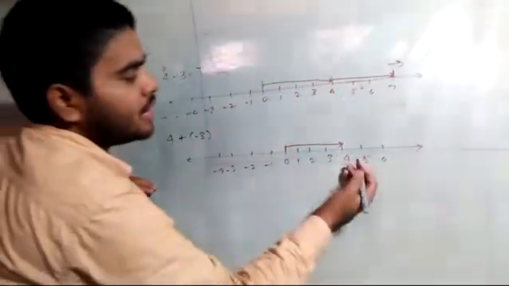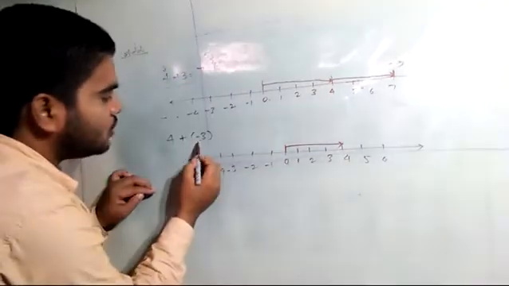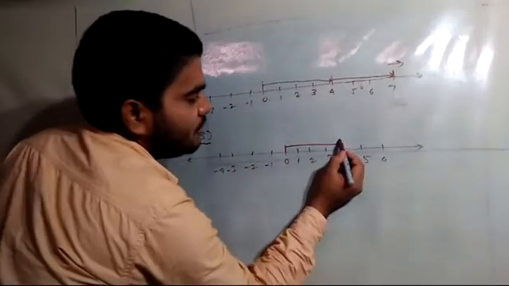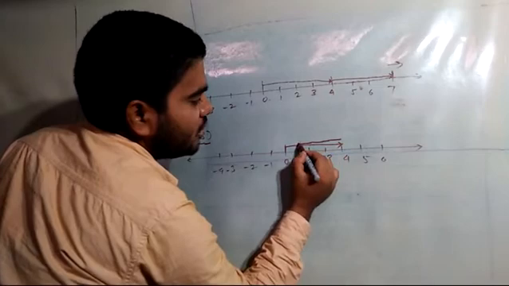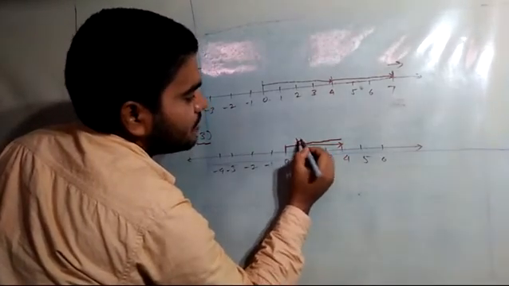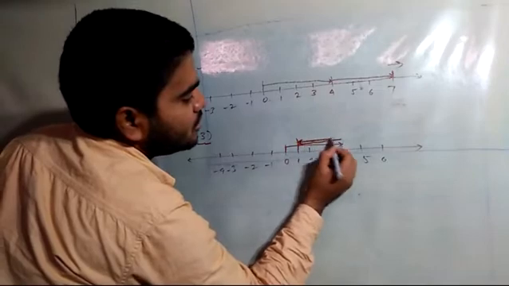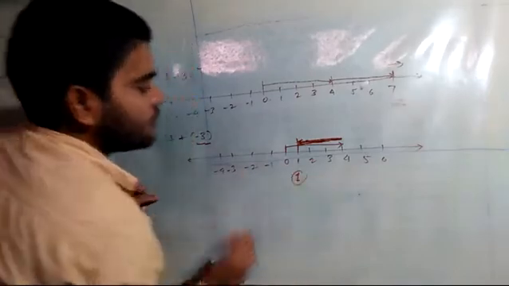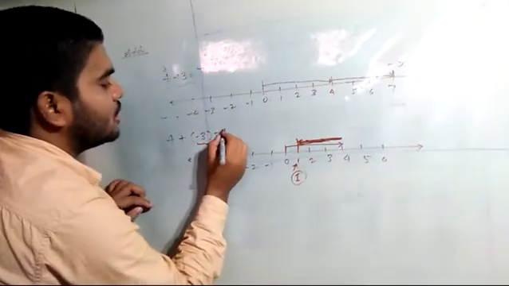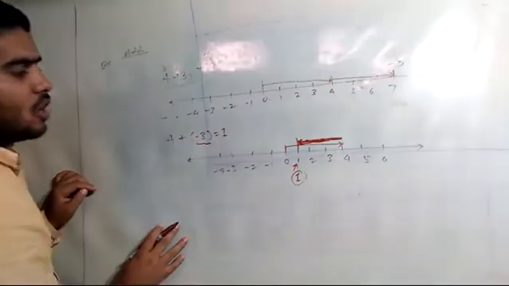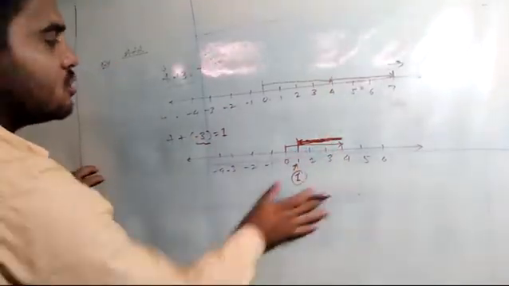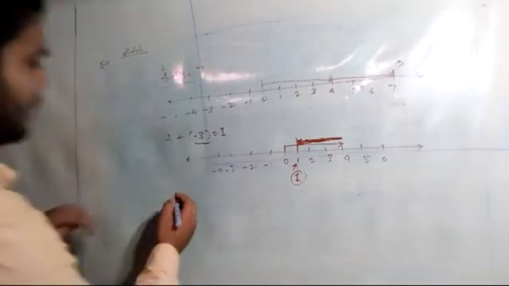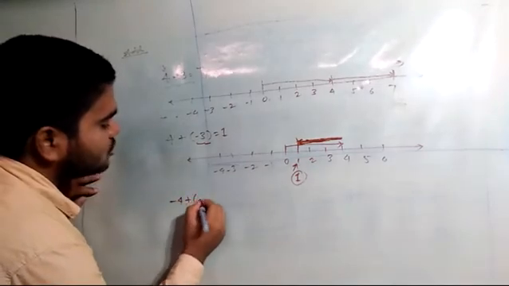How do we have to add now? In addition, we are supposed to go that side. But here we have to add a negative number. A negative number is available this side on the left hand side. So we will move 1, 2, 3 units here. So our answer will be here. I will mark it like this and then mark an arrow also here. So the answer will be equal to 1. Mentally also if you calculate, 4 minus 3 is always 1. So on number line representation also you got 4 minus 3 is equal to 1. Now second, like you may have -4 plus 3.